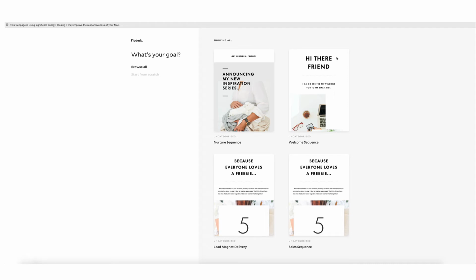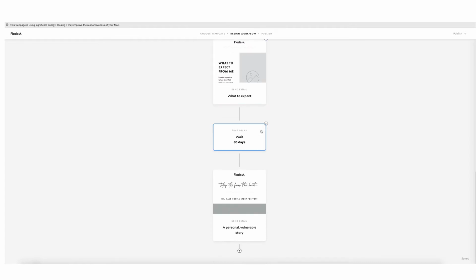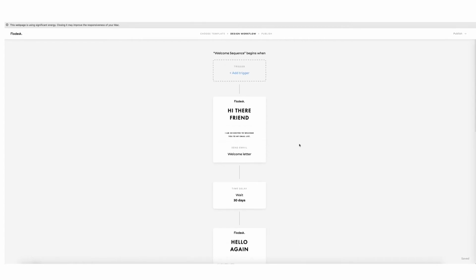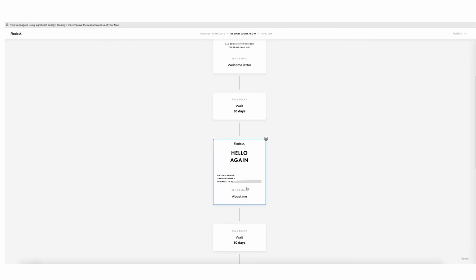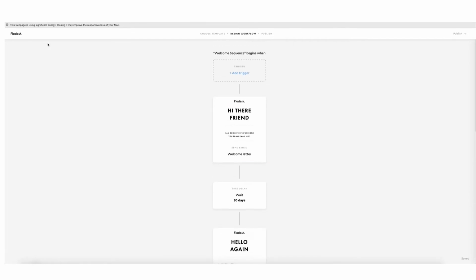So create new workflow. You could again choose from, let's do that. Let's take one of their templates here. So, or you could just start from scratch and create fresh emails. Oh, interesting. When I clicked on their template, it already has timed out triggers. Okay, that could be helpful if you are just starting out, and let's say you've created a workflow for your brand and you want to use a template that Flodesk has created, which times the emails out to be 1 a month and taking your customer on a journey. I mean, I would actually suggest narrowing that time frame to be maybe a week in between emails, but let's